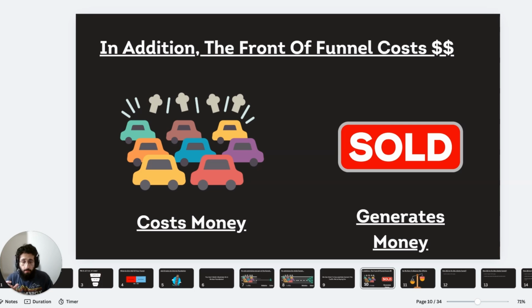Whereas conversions on your website are what generates money. And so the front half of this funnel costs us money, and the back half generates us money. So if we only focus on something that costs us money, then that's going to start costing us a lot of money, right? And we're going to neglect the thing that's actually generating us money, which means that we end up with this misbalance. And that means that the business can't run for a long period of time, and you can't really scale aggressively because all your energy is going into this thing that's just costing more and more money